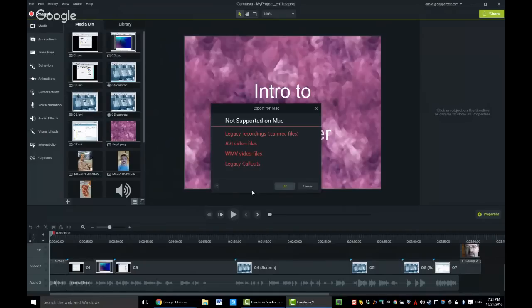Camtasia checks all of the various items on the timeline and in the clip bin that aren't going to agree with Camtasia Mac. Legacy recordings, Camrec files. And by the way, this is context sensitive. So these are all examples of things that are present in this very project. So you might get all of these, you might get none of these, you might get even more. I don't know. But your